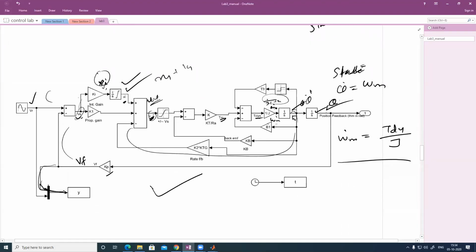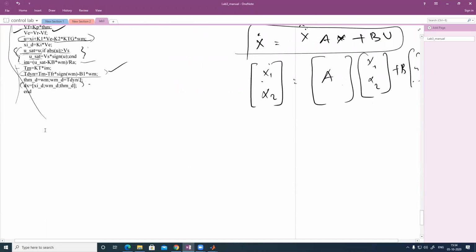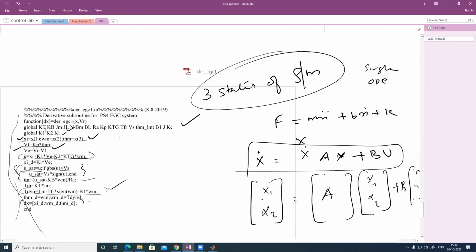These things are with you now. The only changes from earlier are here. This is changed and this integrator output is changed. This KP, earlier it was here, is converted here, and you are now giving voltage as reference. Earlier it was given theta as reference. That is the only difference. So now we can start doing. Next week you have to submit this report.